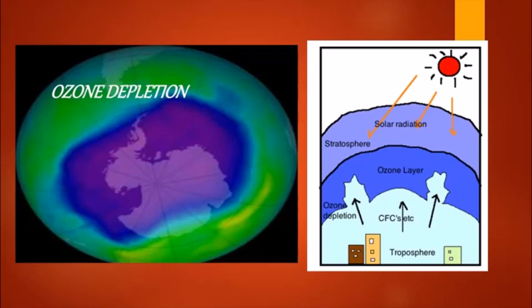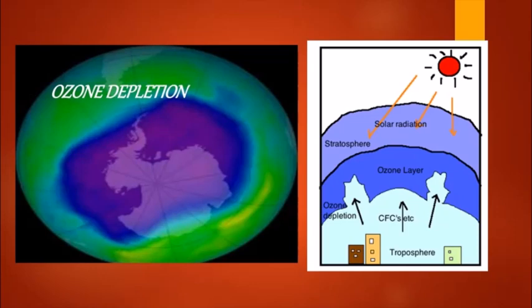Now, what are the reasons for the depletion of the ozone layer? Chlorofluorocarbons are the important air pollutants responsible for the destruction of ozone molecules. One molecule of chlorofluorocarbon reacts with many molecules of ozone, causing their destruction. These substances were used as coolants in refrigerators, aerosol sprays, and jets. They are released into the air, combine with the ozone molecules, and destroy the ozone